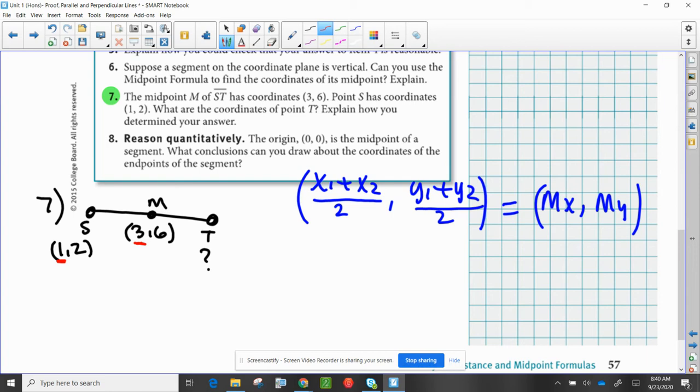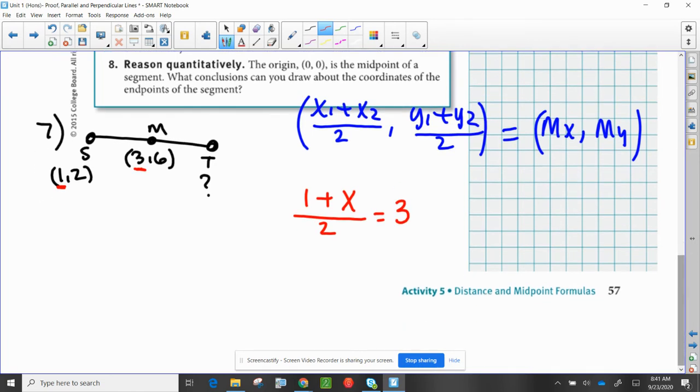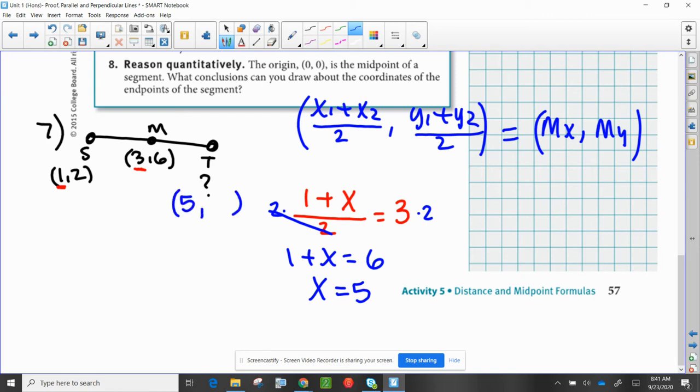So to find the x value of T, I'm just going to substitute in what I know and solve for what I don't. So I know that (1 plus x2) divided by 2 has to equal the midpoint of M, or the x value, which is 3. So if I solve this really quick, I'd have to clear the fraction. So I'd multiply both sides by 2. So that's equal to 6. So then if I subtract 1 on both sides, I get 5. So there's my x value for T. Okay, so we did a little reverse action on this